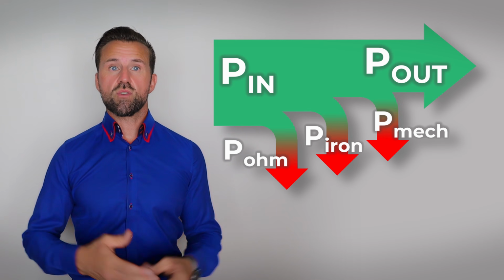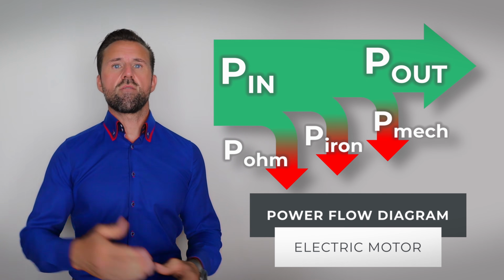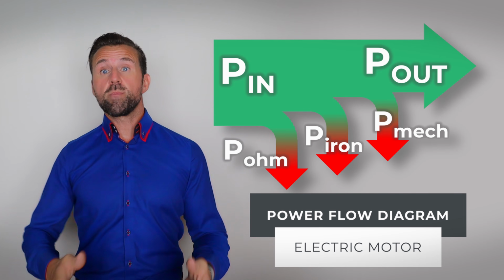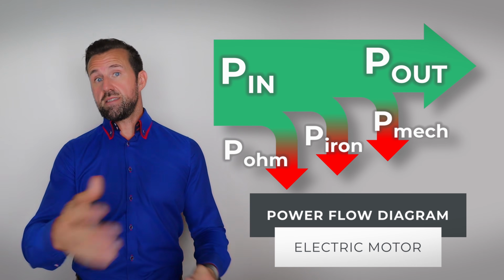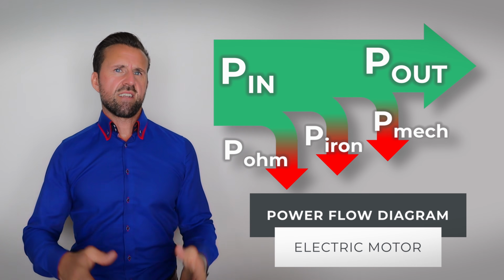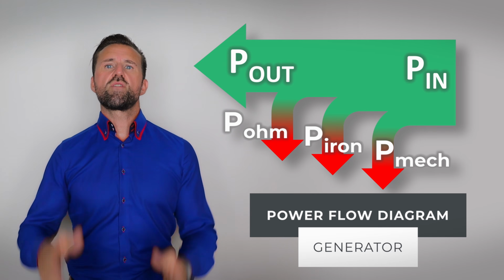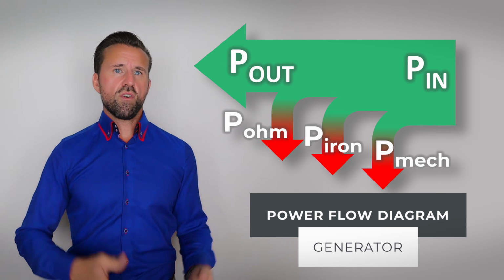The conservation of power of electrical motors and generators is illustrated with the help of the power flow diagram. In electrical motors, the diagram shows how much electrical input power is supplied and how much mechanical output power remains after the power losses have been dissipated. In a generator, the flow of the power dissipation reverses. This means if you have too much friction in the bearings, there's less power left to convert into electrical power.